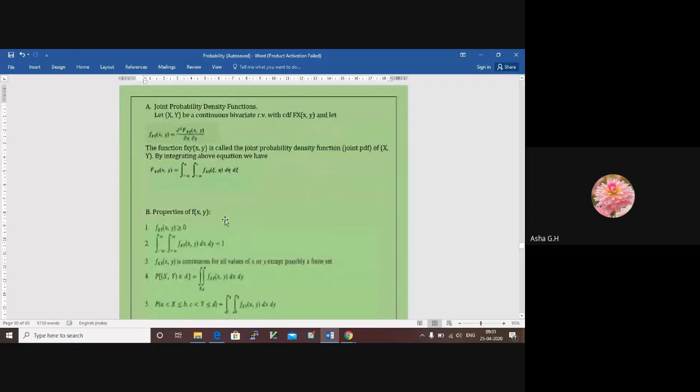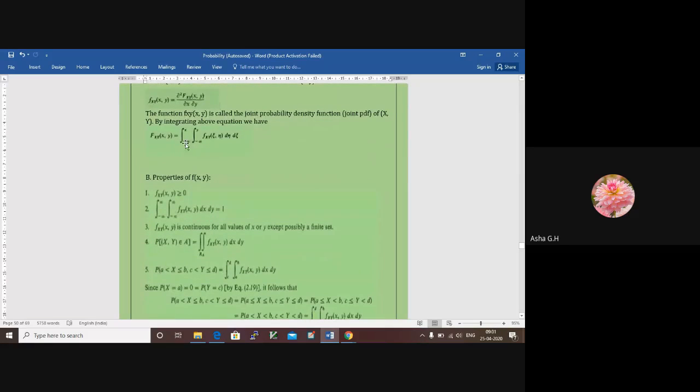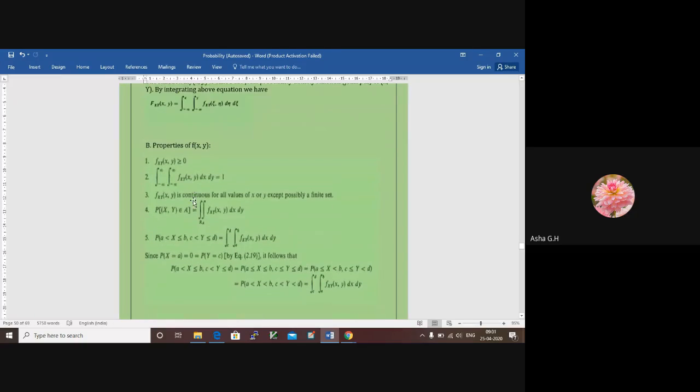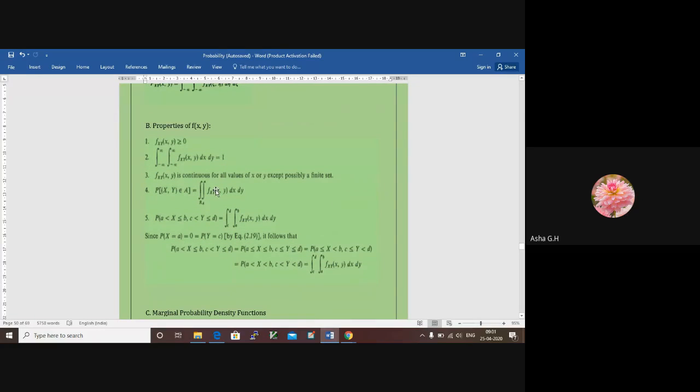We have double integrals here, since we have two random variables. We will discuss this equation again. If you can map the properties of a single random variable to multiple random variables, it is exactly the same, so we will not spend much time on that. Instead of single integration, we have double integration here. This is a given function, and minus infinity to plus infinity is the range. When we integrate over this whole range, it should result in 1. This is a particular given range R of event A.